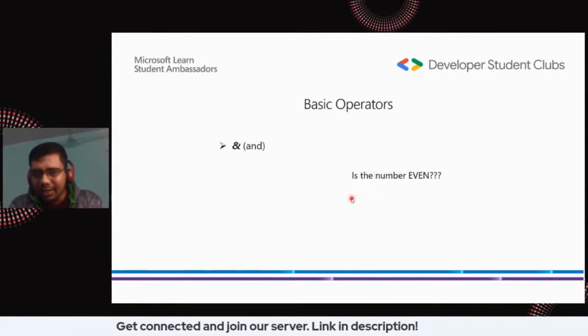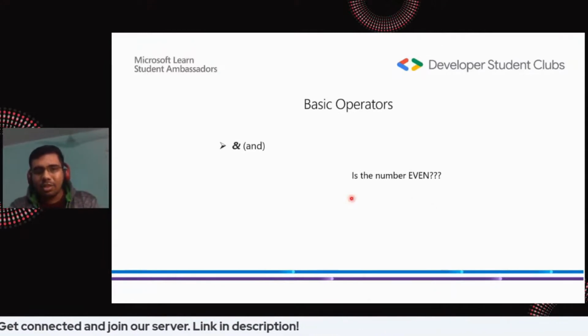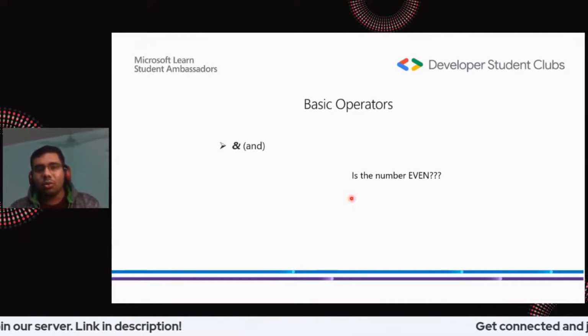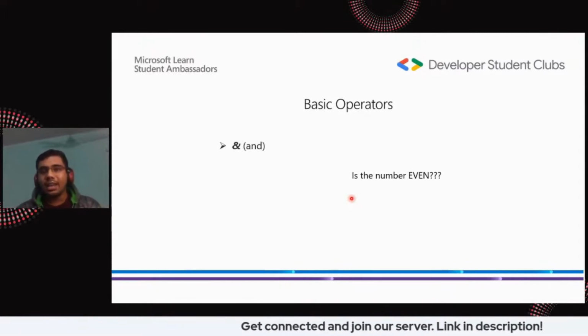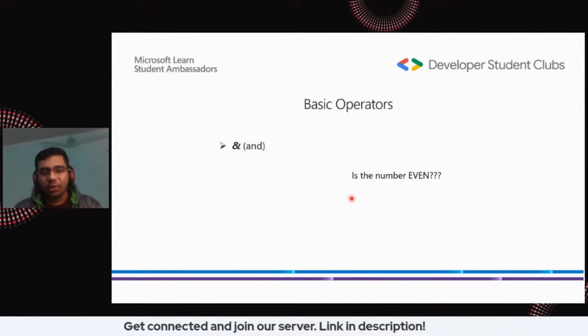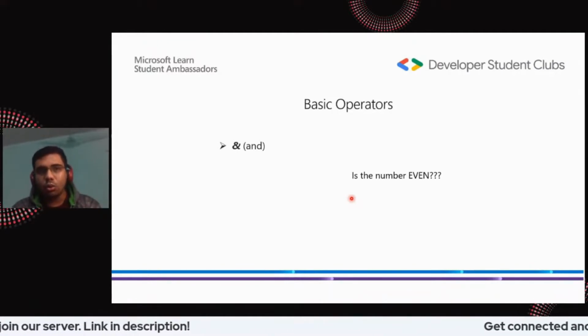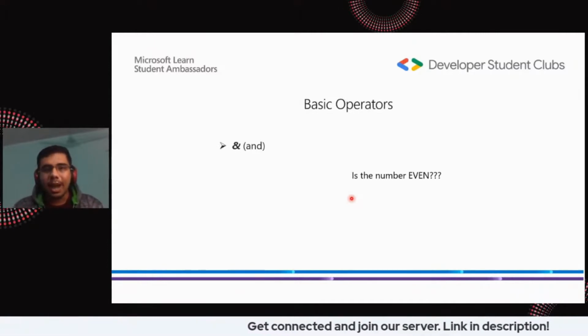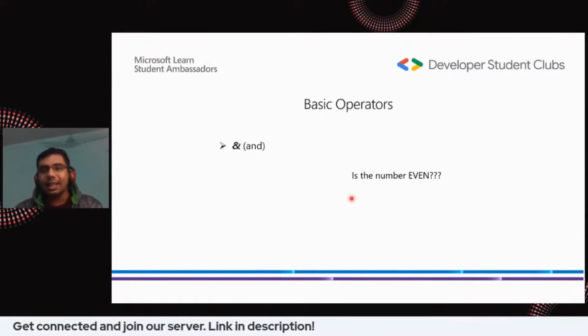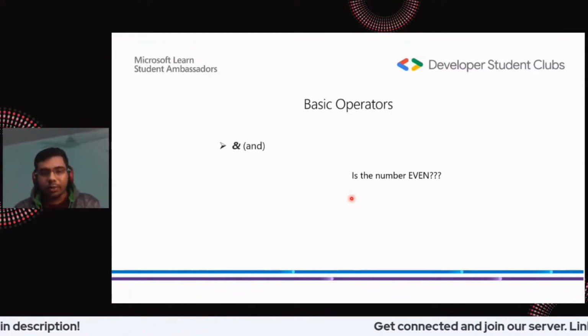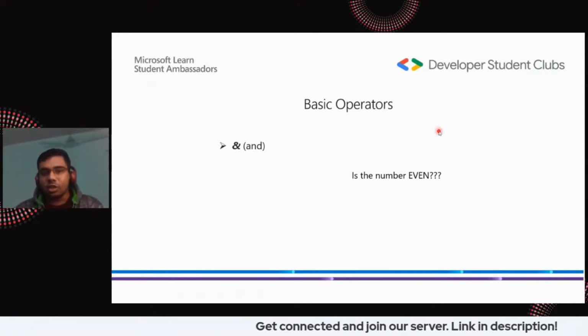Actually, if you just dig deeper into this, if you just try to figure out which are the results that actually give you an even number, any idea? Like if you have just seen a number, digit 2, 4 or 5, 6, this kind of number, just looking at the binary, is it possible for you to tell whether this number is an even number or an odd number, right? But this is actually possible.